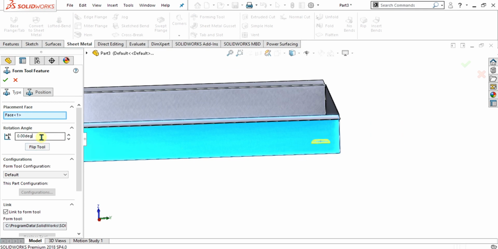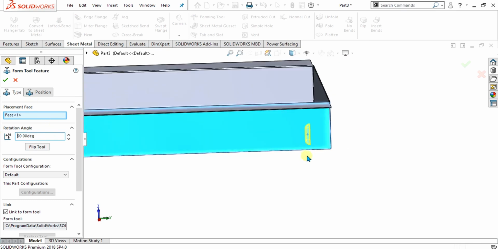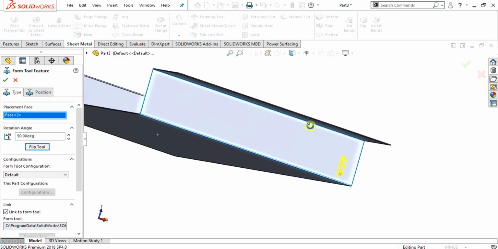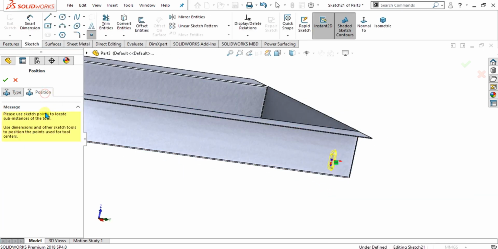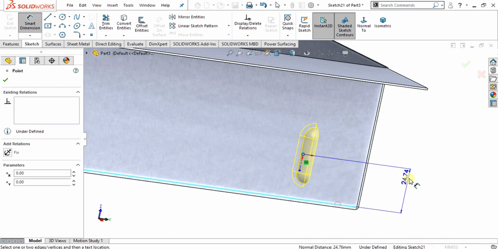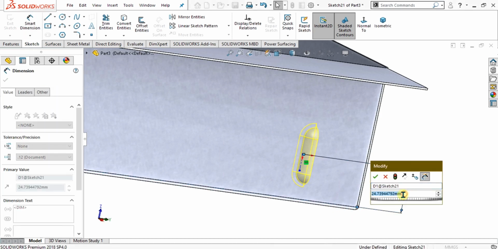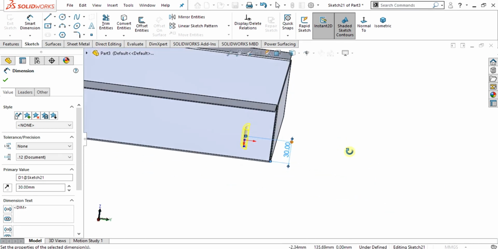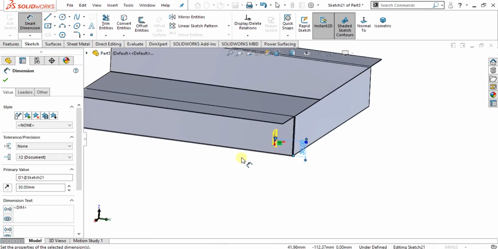Now if you want to flip this louver, just simply select the flip tool command and select the position to give it the dimension. So we are going to give it the dimension of 30 mm from here, and now you can see that it is in the middle of these two edges. Select OK from here,